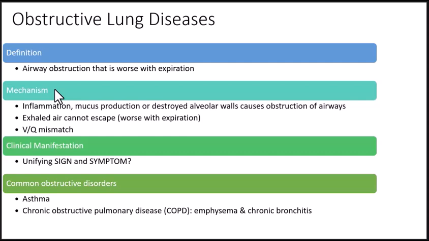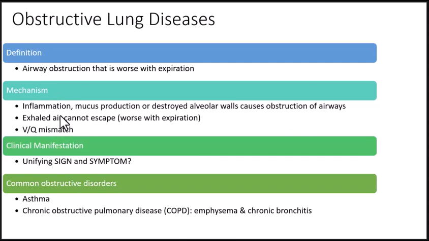There also will likely be more time that's required in order to expire a given volume of air compared to normal. So the emptying of lungs is slowed. But what's seen with these diseases is the production of inflammation. And so cytokines will be present, so pro-inflammatory cytokines. There's going to be mucus production. There could be destroyed alveolar walls. In any case, these main factors are contributing to an obstruction, leading to a lot of difficulty with exhalation of